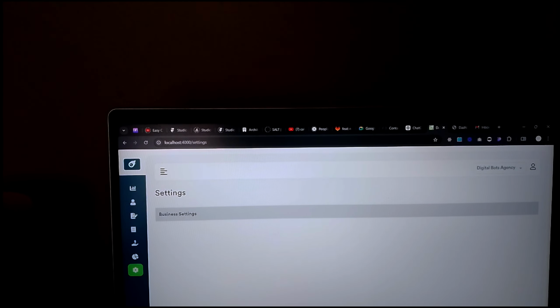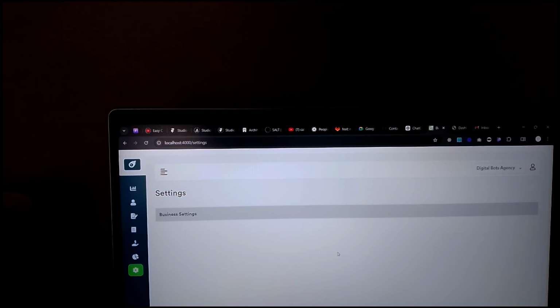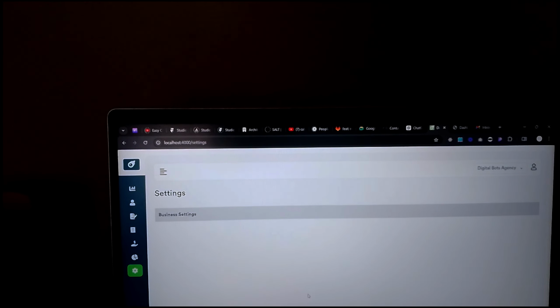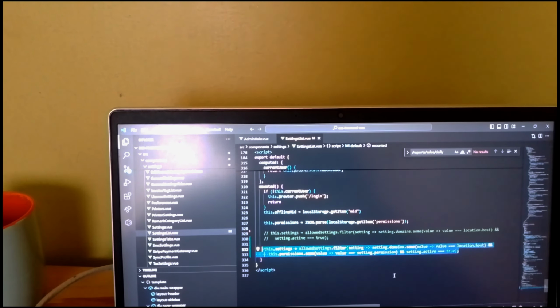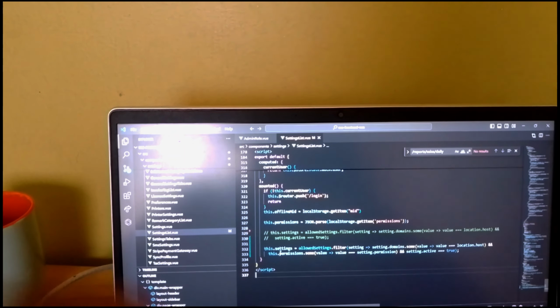I was actually surprised by this, that I needed to cut off the video and go back and debug what was actually going on. So this was the error. Initially it was set up in such a way that for the settings to display, the user has to have the permission for viewing invoices. What I was later shown on how to debug this was, if I come here under the settings list,